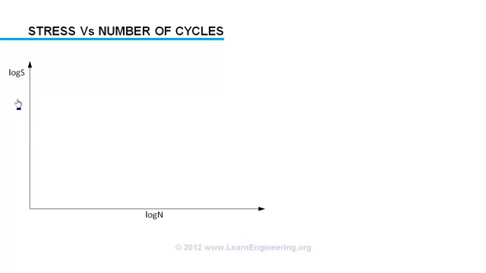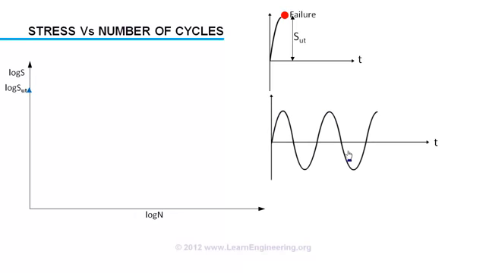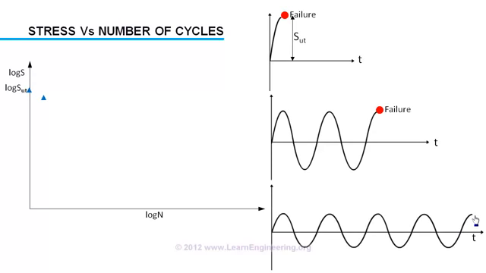Let's start with the maximum stress a material can withstand, its ultimate stress. So this will happen: as you increase the stress, even before completing one cycle, the material will get broken. So this will be the corresponding point in the SN graph. If you decrease the stress amplitude, it will execute more cycles before it fails. Decreasing stress even further, it will be able to execute even more cycles. So this will follow a trend like this.